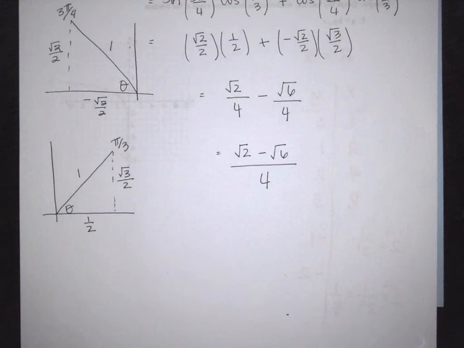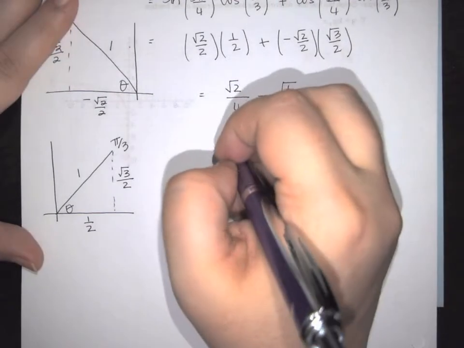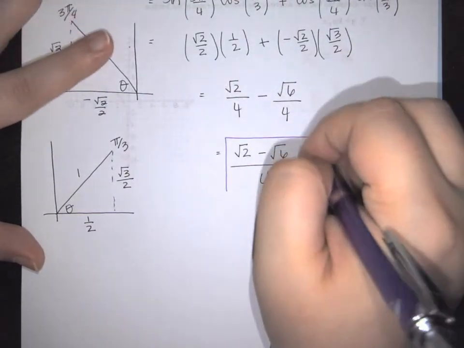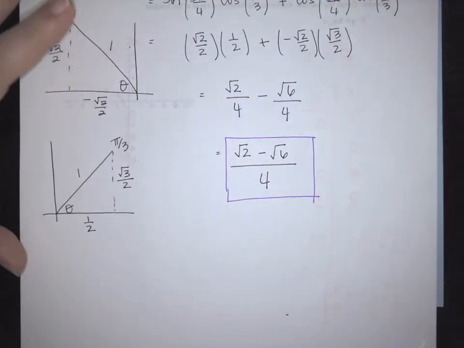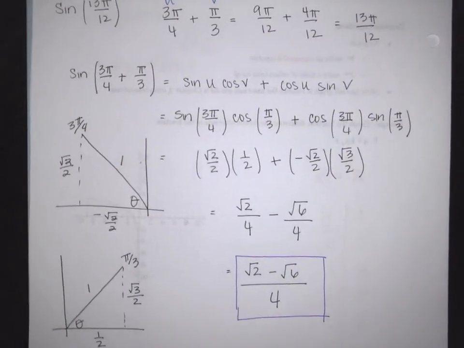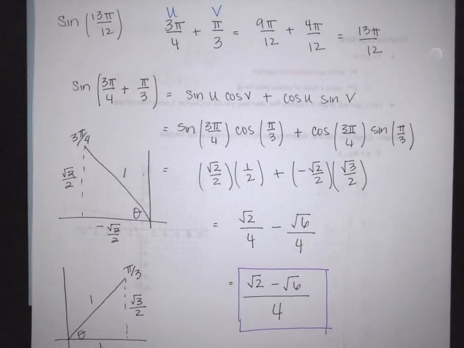Now, if you notice, it's the exact same result that we got on the first page. So here you go. We were able to solve 13 pi over 12 using two ways, either the sum or the difference of angles. And remember that key is being able to use your